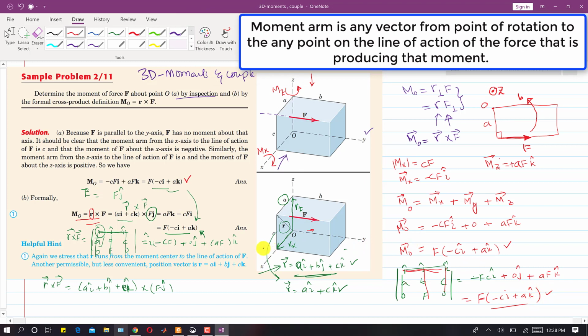So R could be any vector from the point of rotation to any point on the line of action of this force, right? So I hope you would have understood this R cross F formula and how to